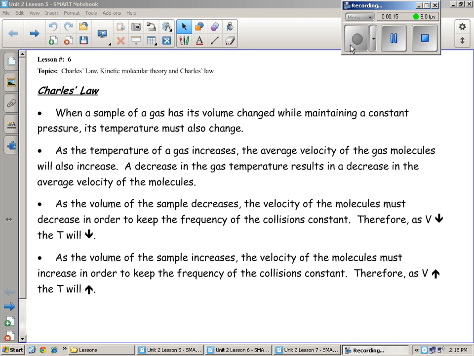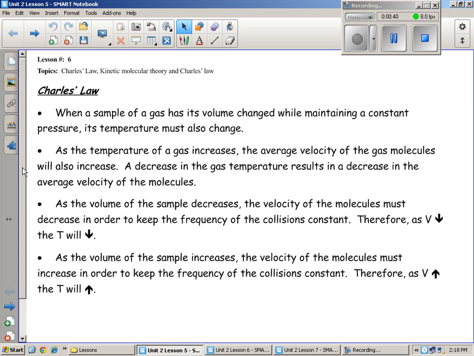So today, well, part of today, we're going to do Charles' law. Okay? Charles' law focuses on volume and temperature. That's something you need to know about this. That's at the bottom here, and we'll get to that right away. But volume and temperature. If we're focusing on volume and temperature, we want to keep the pressure the same today. So when a sample of gas has its volume changed while maintaining a constant pressure, its temperature also has to